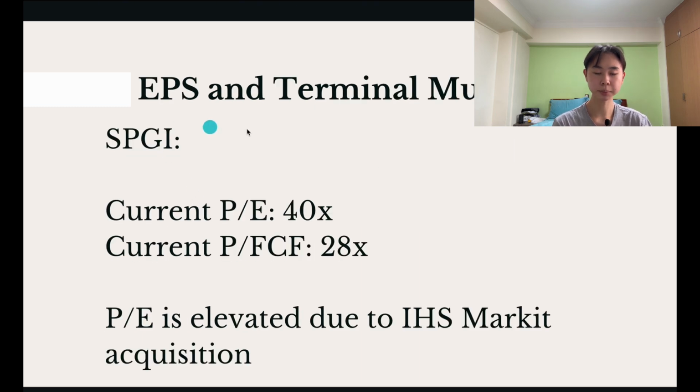Next one is S&P Global. S&P Global's current valuation is at around 40 times. Its current price to free cash flow is 28 times, and the PE is elevated due to its IHS Markit acquisition. They acquired another company called IHS Markit. They paid around 38 times earnings for that company, and that's why the PE multiple is slightly elevated